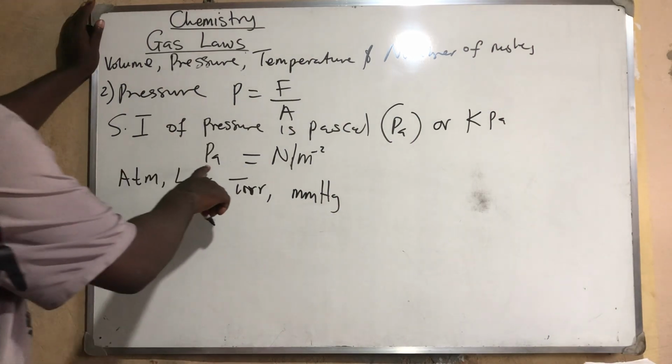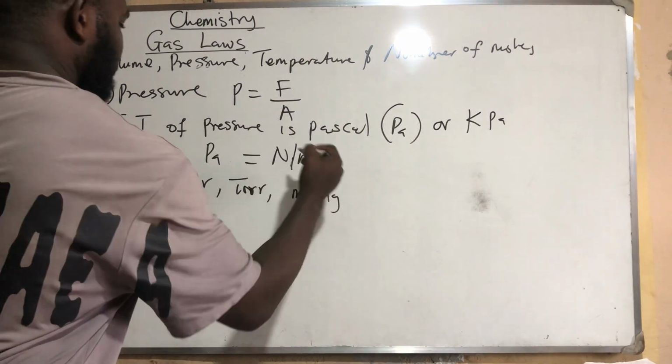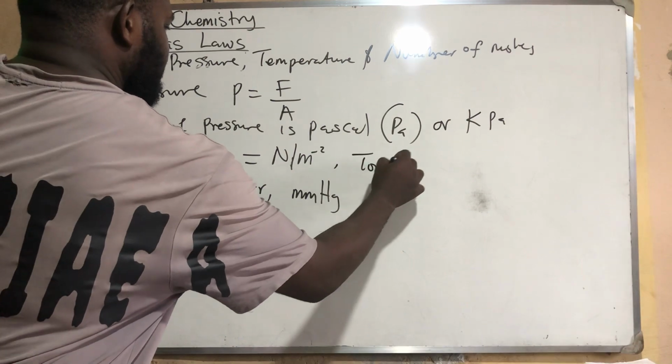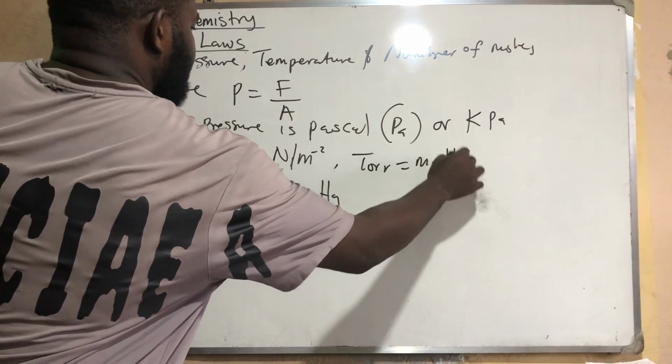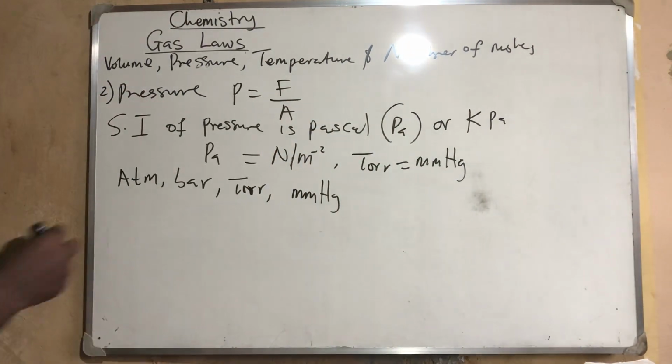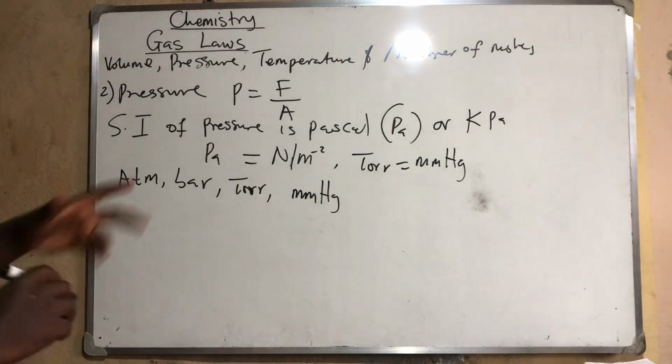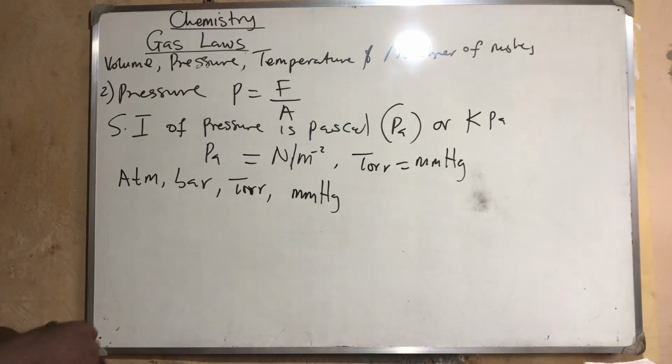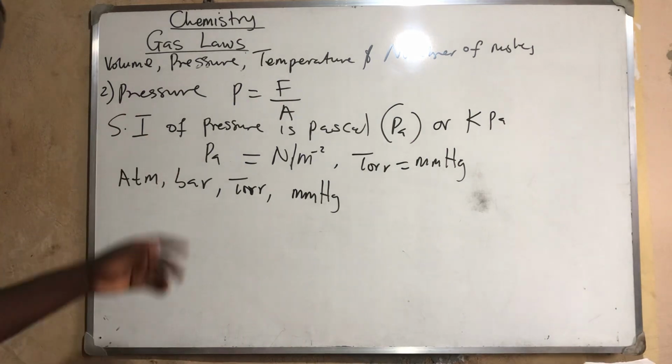The same way Pascal is the same thing as Newton per meter square, torr is the same thing as millimeter mercury. These are very important in your calculations. If they tell you Pascal, it's the same as telling you Newton per meter square. If they tell you torr, it's the same thing as